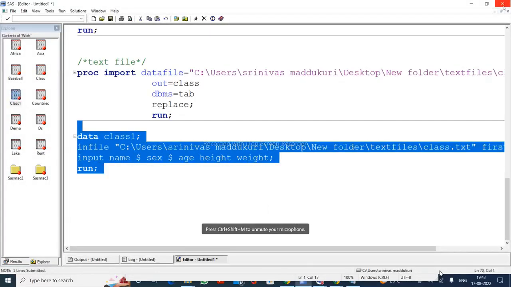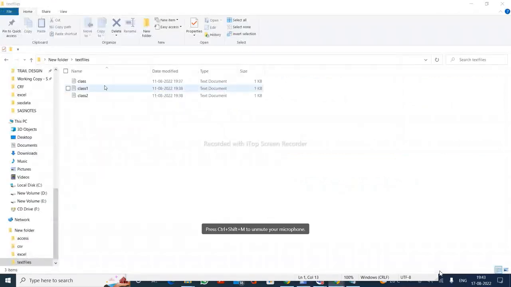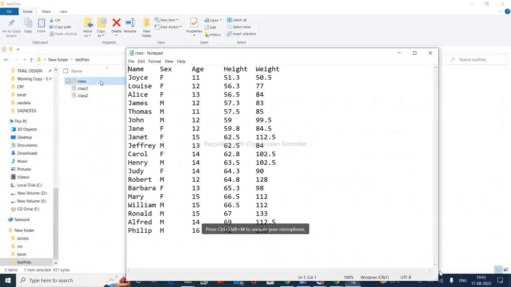Generally, when you're writing a data step, SAS looks for spaces between the variables, so you can have any number of spaces. But here it is not a space. What is this? Tab. This is a tab space. When we have a tab space,